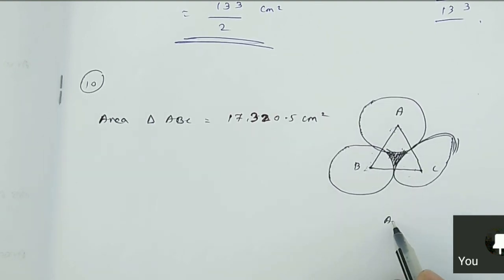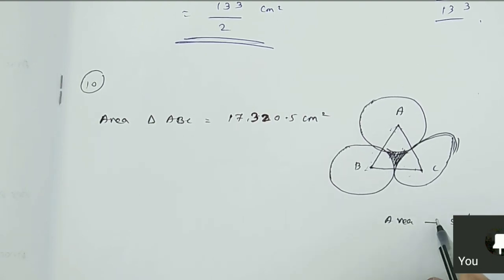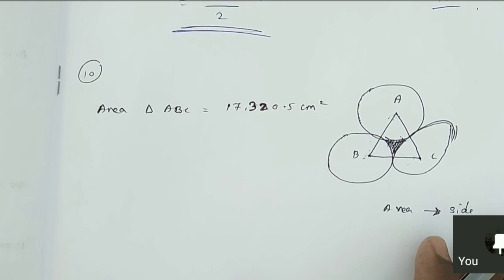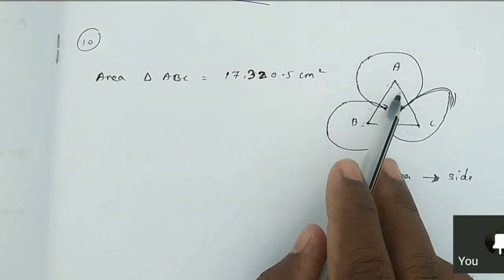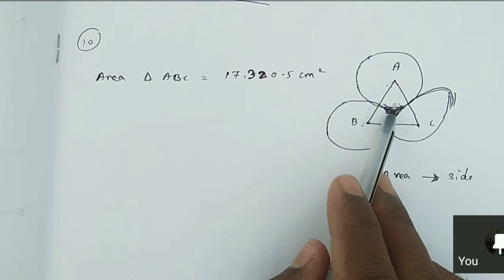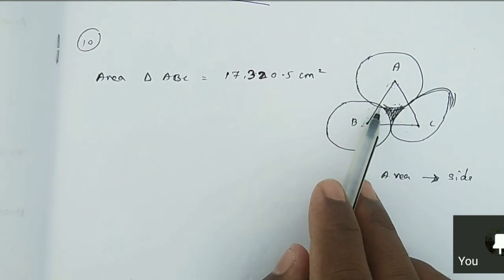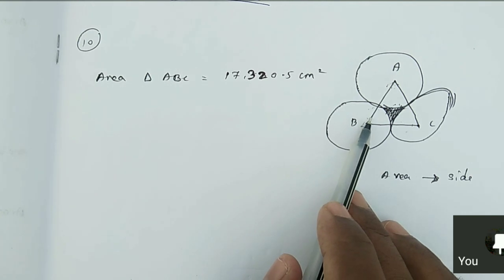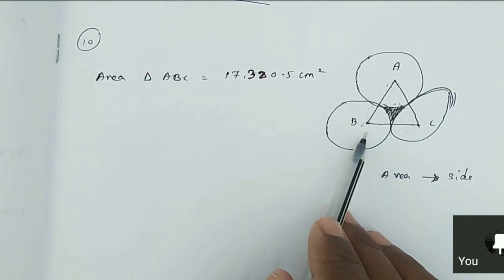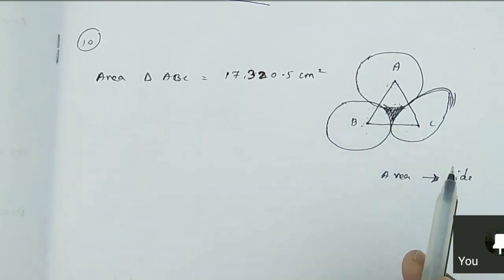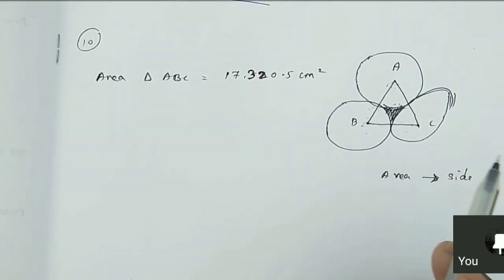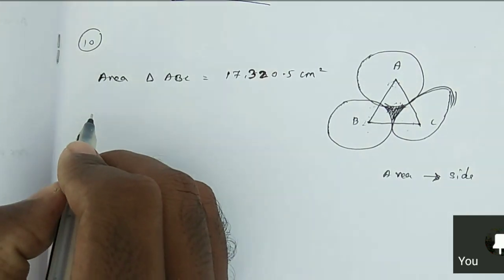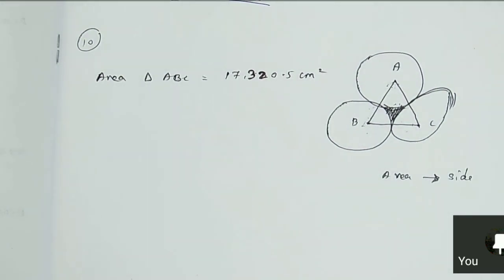So from the area to the side, will you be able to find the side of the triangle? They given only the area of a triangle. We should know the radius. We all know that the radius is half of the side, so we need to know the side of the triangle. Will you all be able to find the side using the area of a triangle? How will you find it? For an equilateral triangle, the area is given.